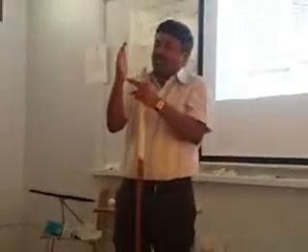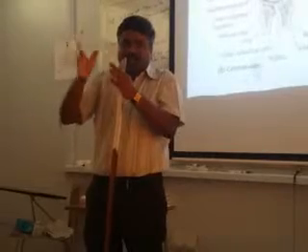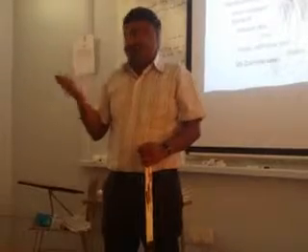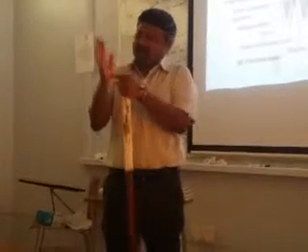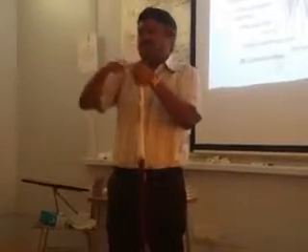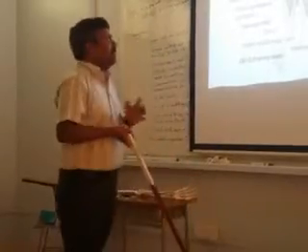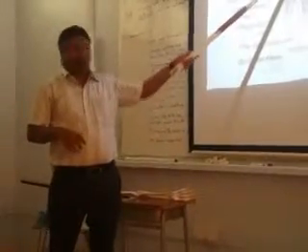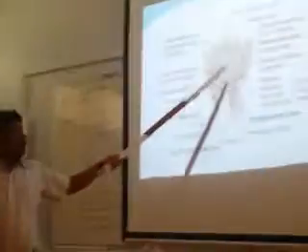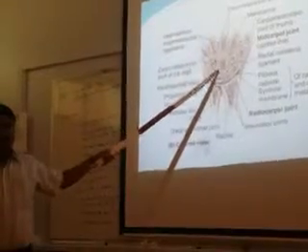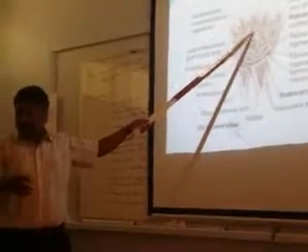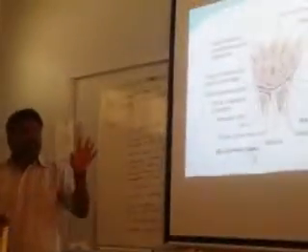Like that, all these joints here are covered by a single capsule, because of not much functional importance. Only a slight gliding movement is there, and as they are very close to each other, a single joint capsule covers all these joints. Then you have the ligaments: intercarpal ligaments, carpo-metacarpal ligaments, both on the anterior and posterior side, and even intermetacarpal ligaments.